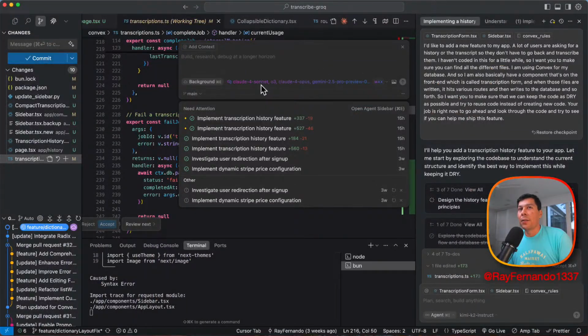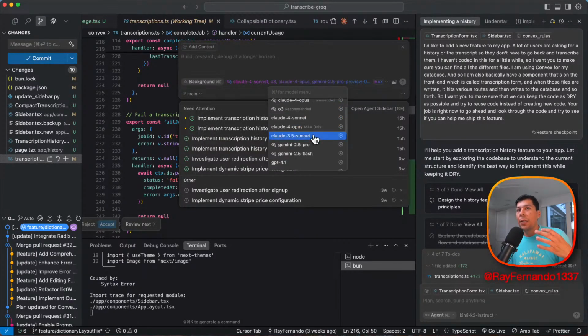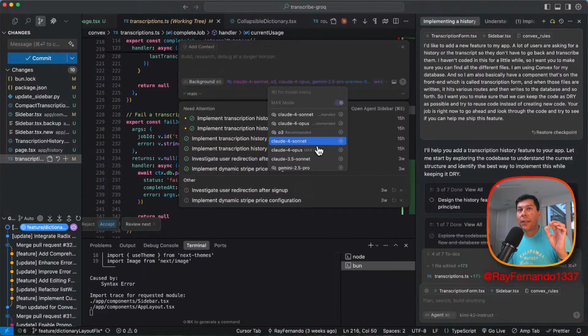So in the background agents in Cursor, you can actually select different models. If you select this here, there's a little plus, which means you can actually run multiple requests of these in parallel, which is pretty awesome. You can select any one of these models that you can basically run in max mode, I believe. They have some recommended models, which probably means there's a lot of consistency in their output.